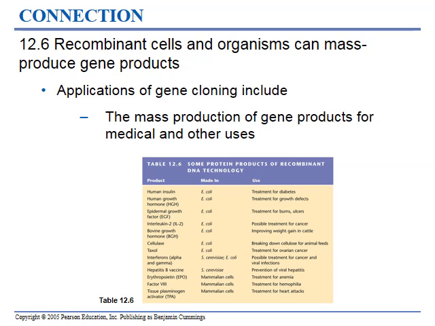All right, recombinant cells and organisms can mass produce gene products. What are gene products? Proteins. We're almost always talking proteins here. Proteins, enzymes, proteins. So when we look at recombining, the whole point of this can be to make proteins. When we look at recombinant cells, it can be because we want to mass produce a protein. What kind of things do we want to mass produce? Well, we like to mass produce things called insulin because